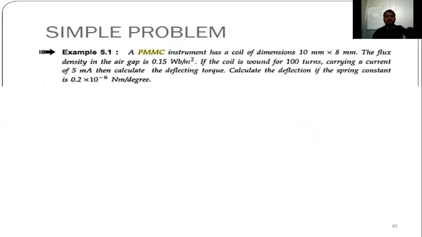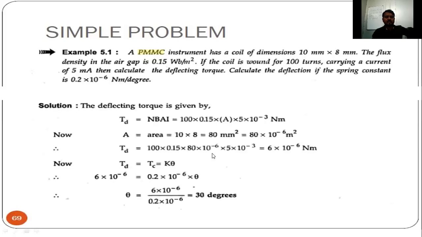Okay. We have already discussed the PMMC instrument. So based on that, I think you have already solved this problem also. Have you solved this problem in the last class? A PMMC instrument has a coil dimension of 10 mm. I think we have solved it already. This problem is on PMMC. We have already discussed it in the last class. Then also, I think one week back, because of the Diwali celebration, all of you have forgotten.